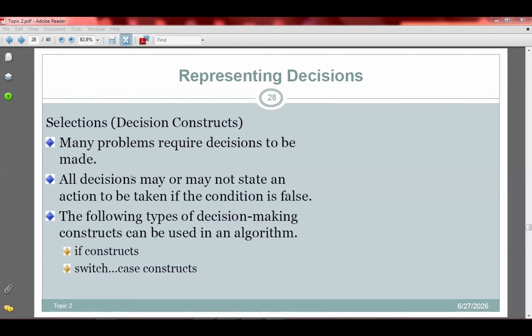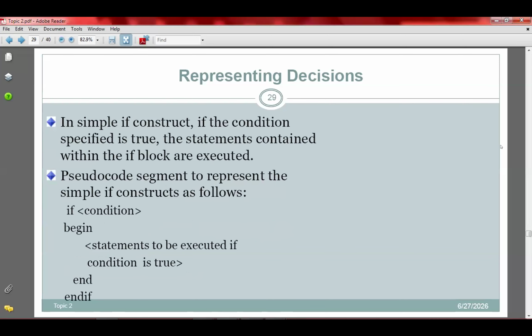Now, when we have decision constructs, we have the if construct and the switch case construct. The if construct has about three categories: the simple if construct, the if else construct, and the if else if construct. Then we have the switch case construct.